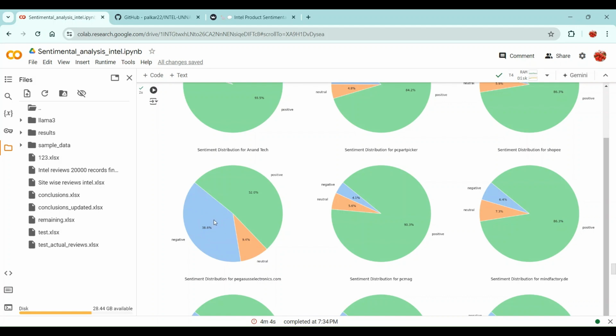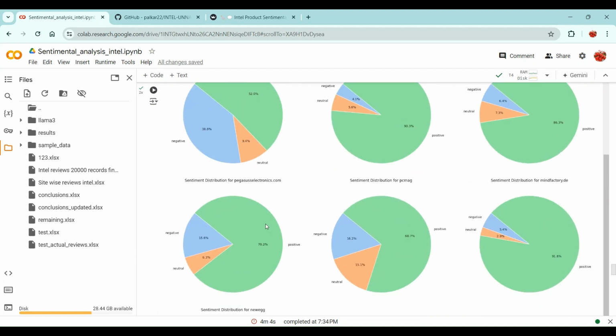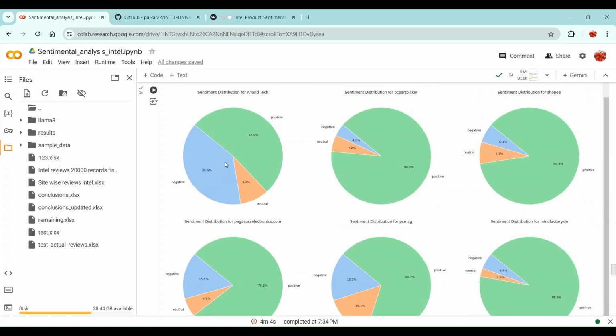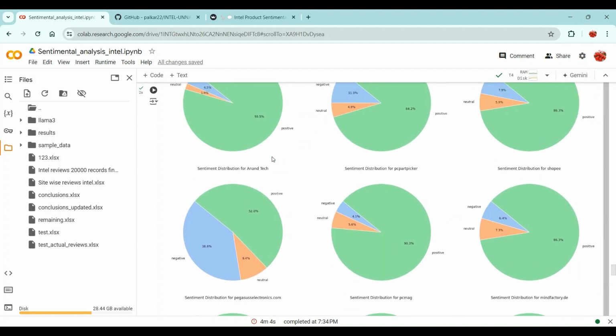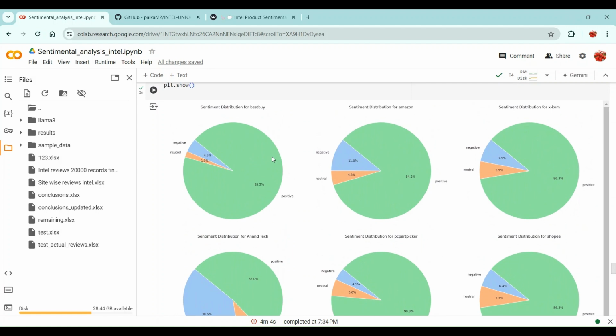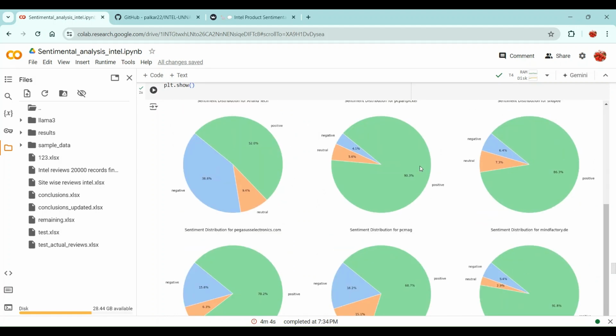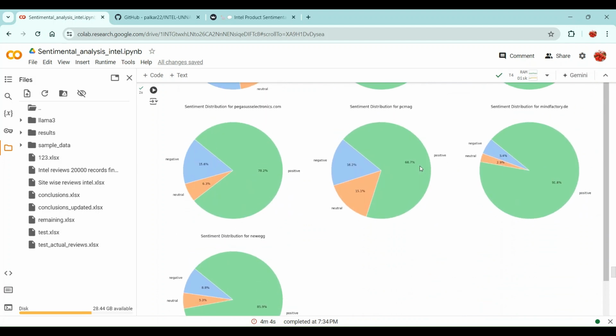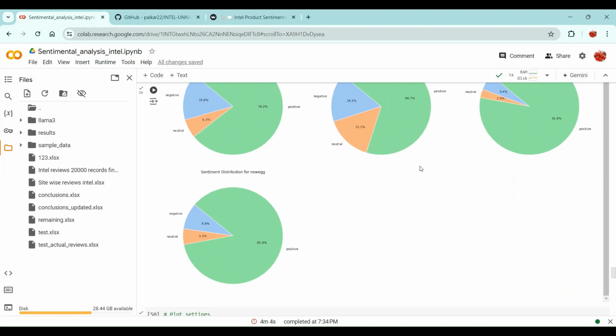So this is a highly critical site. Similarly, for Pegasus Electronics we see about 15%, and for PC Mag about 16%, which is also considerably high. So we can say for Pegasus, PC Mag, and especially for Anand Tech, the negative reviews are high and the customers are highly critical. From Best Buy and other sites, you can see that more than 80 percent of the customer reviews are positive. Next, we go to the next graph,